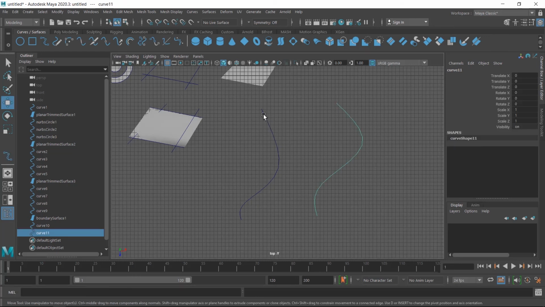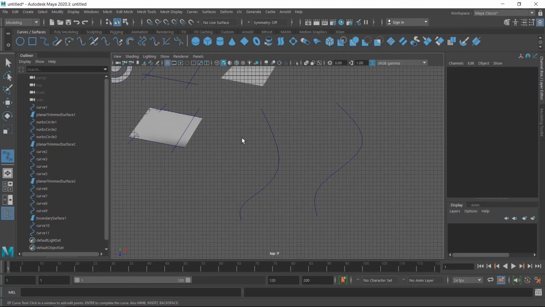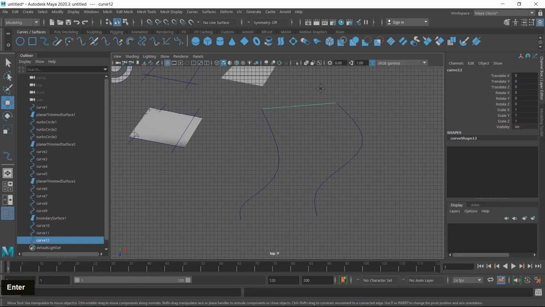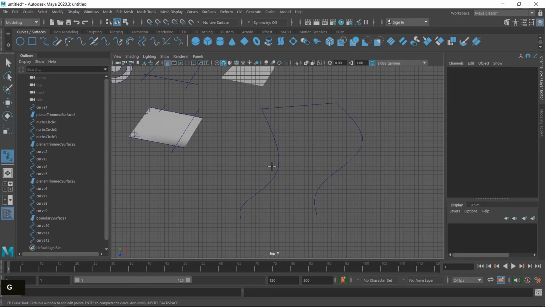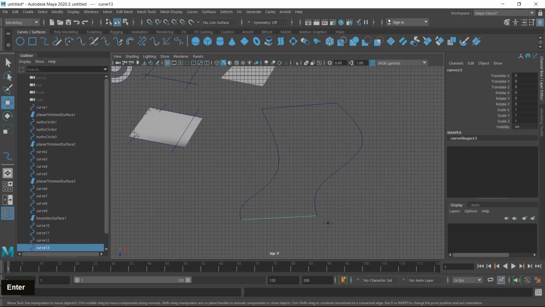Now I snap the third curve on the start point of this curve, so I choose EP curve tool and this time I press C for snapping to curve, and hover your mouse on the curve, so you can see this point is snapped on the curve, and then hit enter key, then press G key to activate the last tool again, and then press C key, hover your mouse and create a curve, then press enter key.